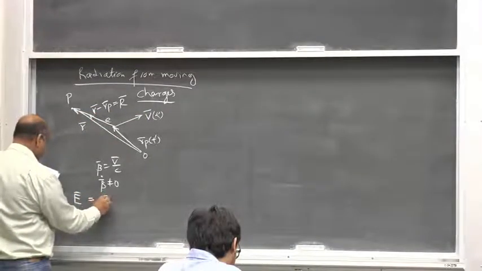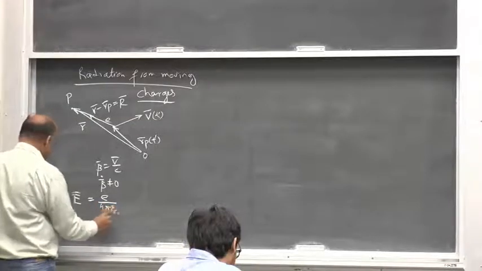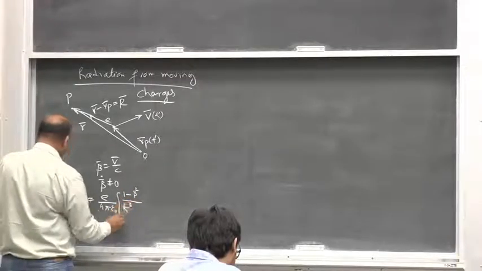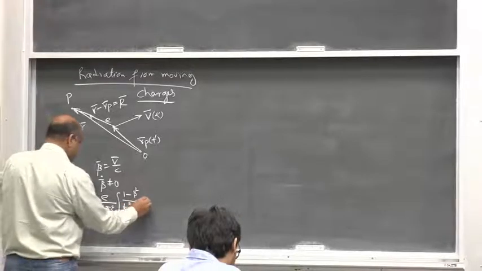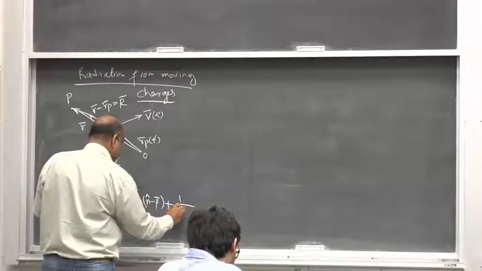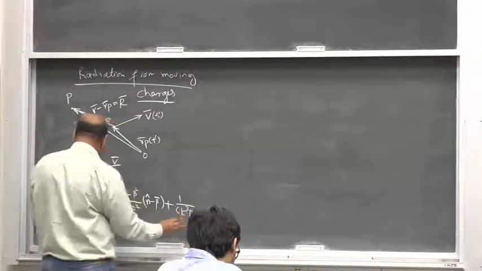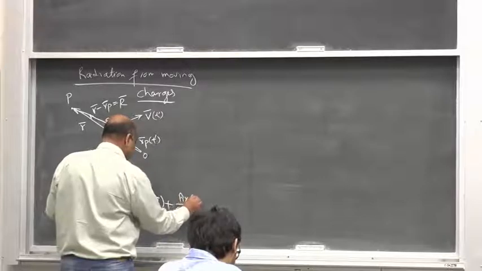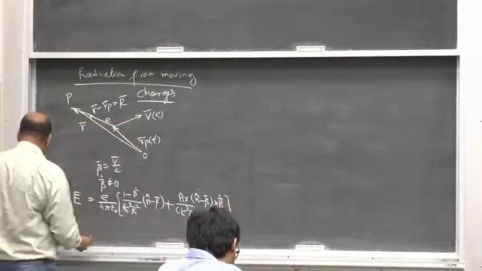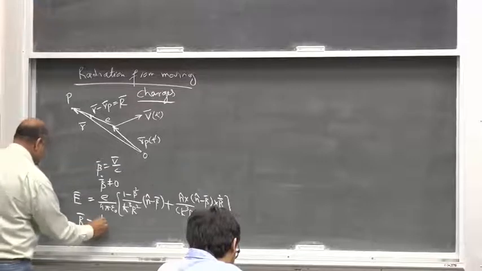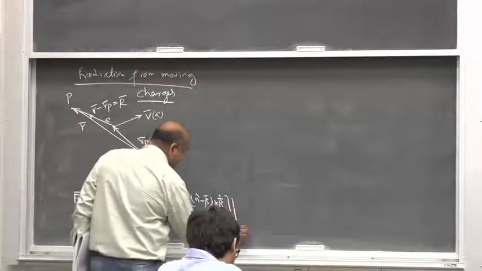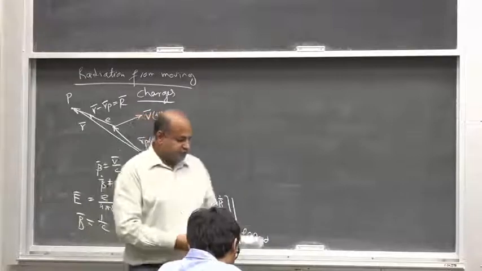E equals the term with (1 minus beta squared) kappa Q cos squared, plus the term with kappa Q R, n cross (n minus beta) cross beta dot, and v is nothing but 1 over c, and they are all evaluated at f(t') equals 0, where